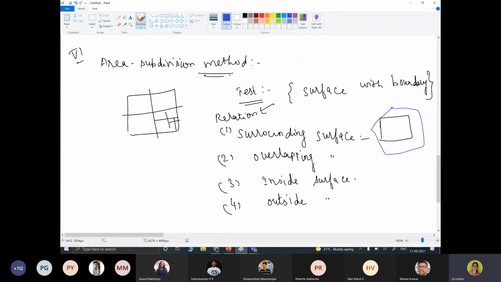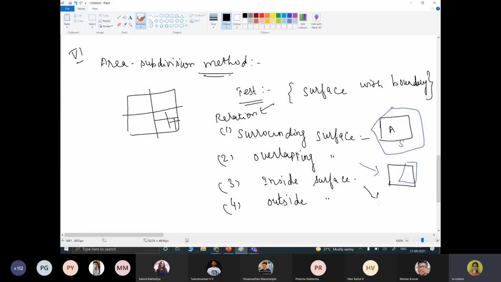So this is the area we have, and the blue line is the surface. So you can see the area is completely enclosed by the surface. And the second is overlapping surface and the area. The area and the surface are overlapped.